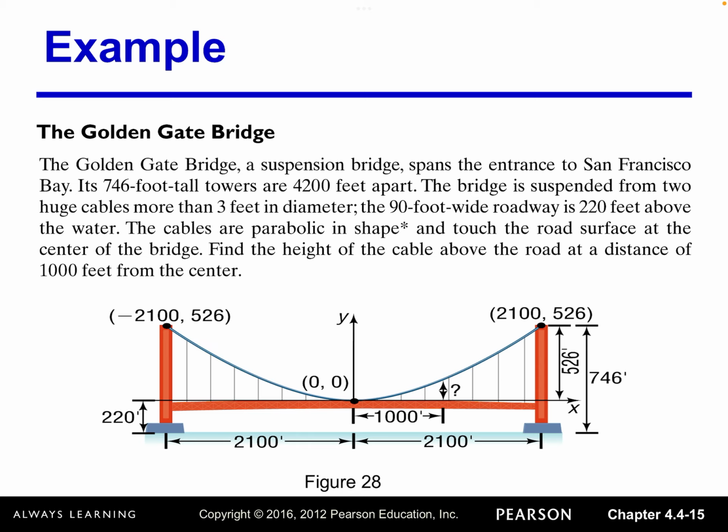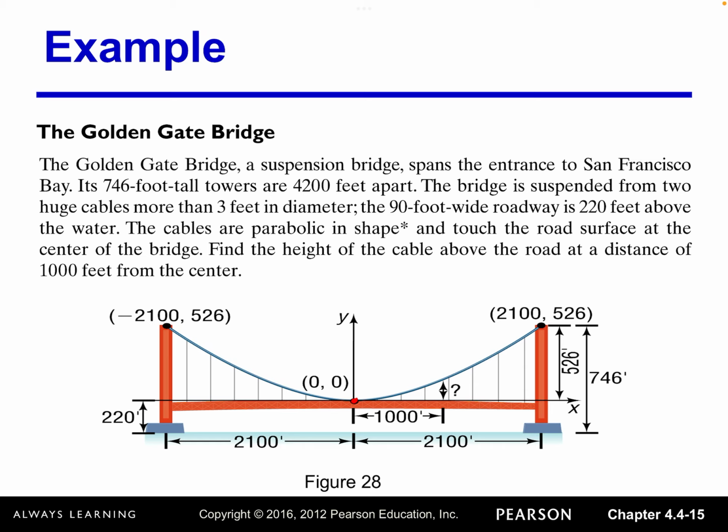Find the height of the cable above the road at a distance of 1,000 feet from the center. And this is the graph. Okay, so this is actually the touch surface of the road, right? The roadway. And then you can see this is the cable, which is parabola shaped. So actually here is the vertex. Okay, so if we set up a rectangular coordinate system here with the coordinates 0, 0, and then it says